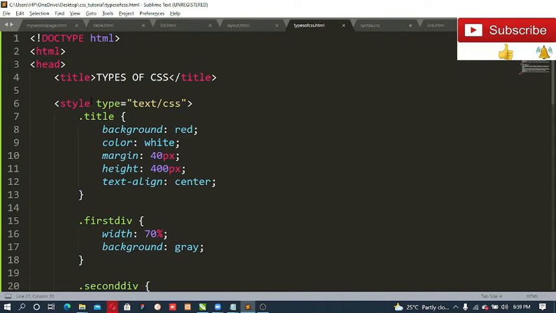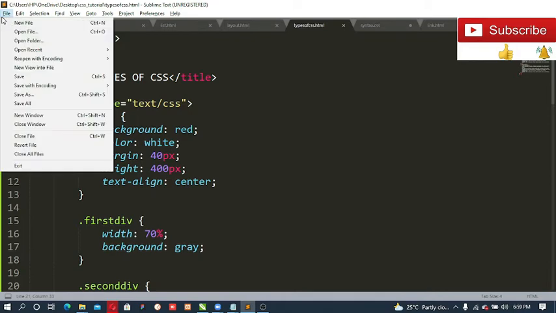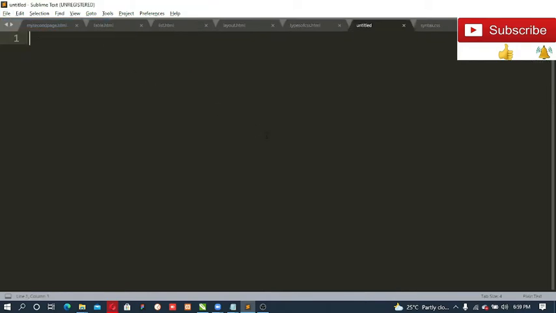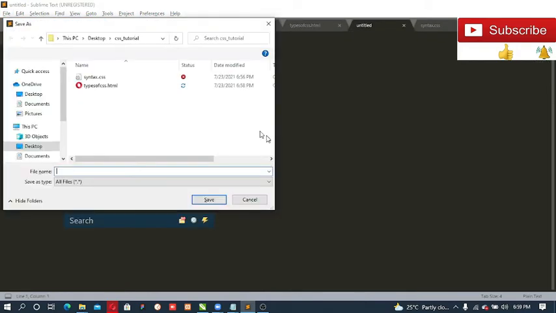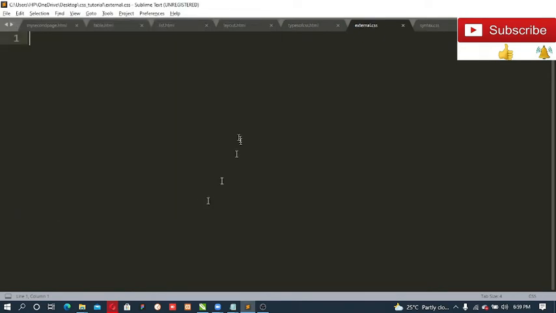Now let's talk about external CSS. External CSS means a CSS that lives inside another file, a separate file. So external is a separate file. So if I create a new file now and save it as external.css, so this is where we have the types of CSS. So external.css, if I click that,